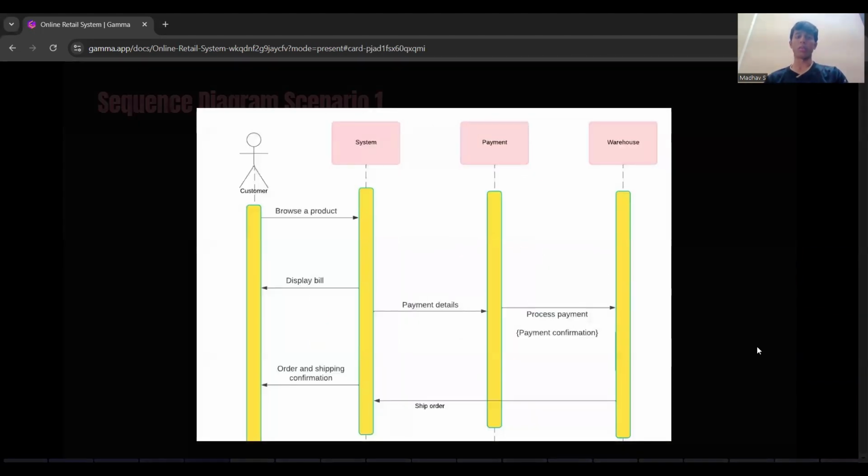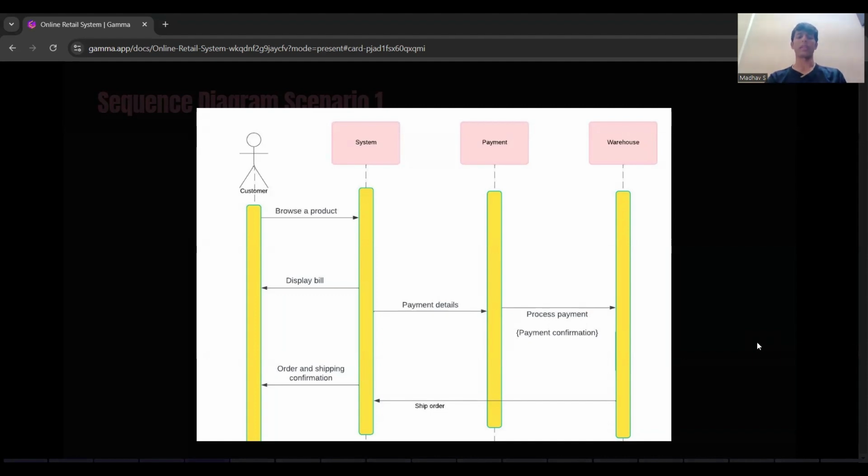So a customer browses a product, and that information goes to the system. Once the system receives the information, it displays the bill of that product. After that, the system sends the payment details to the payment gateway. Once that is done, the payment is processed and the money is given to the warehouse. Once the warehouse receives the payment confirmation,